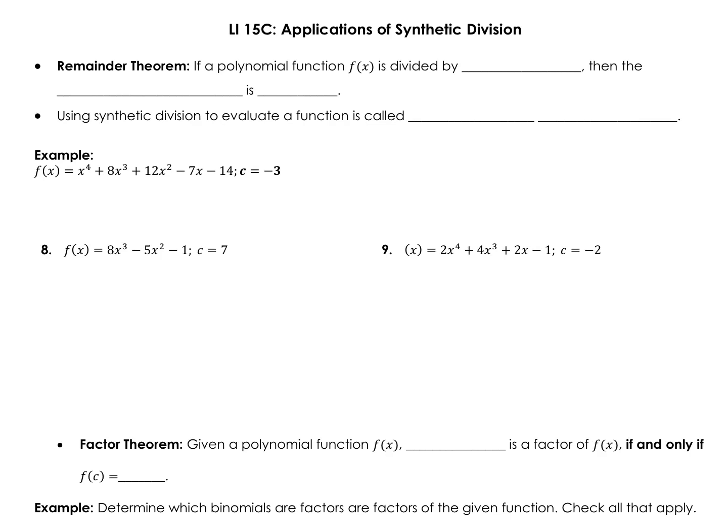Okay, the first is the remainder theorem. If a polynomial f of x is divided by, remember you saw this last week, I think I may have used k on Friday, sorry. Today I'm going to use c. So if it's divided by x minus c, then the remainder is f of c, meaning that instead of plugging in c and evaluating that way, you can use synthetic